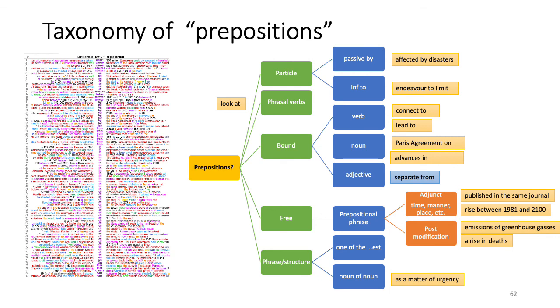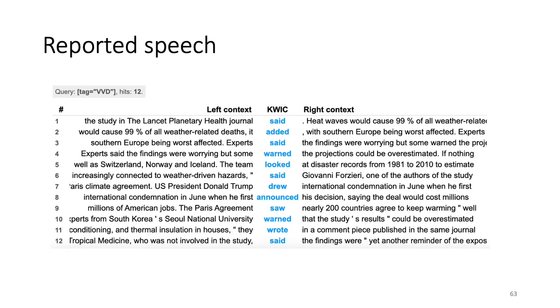When I clicked on the tag VVD, as you can see in the top left here, tag equals VVD, it gave me these particular verbs in the text that I was looking at. This is the text about the extreme weather. Quite interestingly, most of them are used for reported speech. So there's an instant lesson for observation tasks.